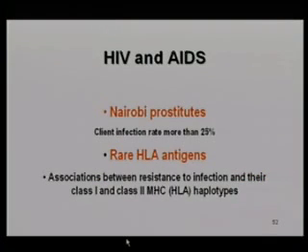And there was this particular group, a group of ladies in Nairobi whose profession was prostitution and still is prostitution. They get pretty effectively exposed to HIV because 25% or so, at least, of their clients are HIV positive. And yet they don't seem to manifest the disease. They seem to have a very good immune response to the virus. They can clear the virus, and it's probably all to do with the sort of HLA antigens that they have in presenting the virus.